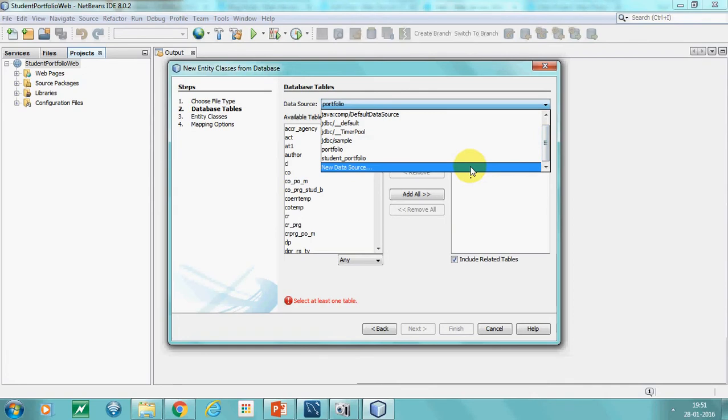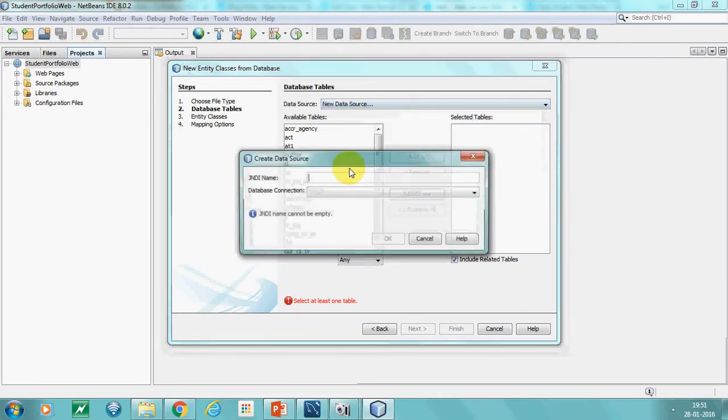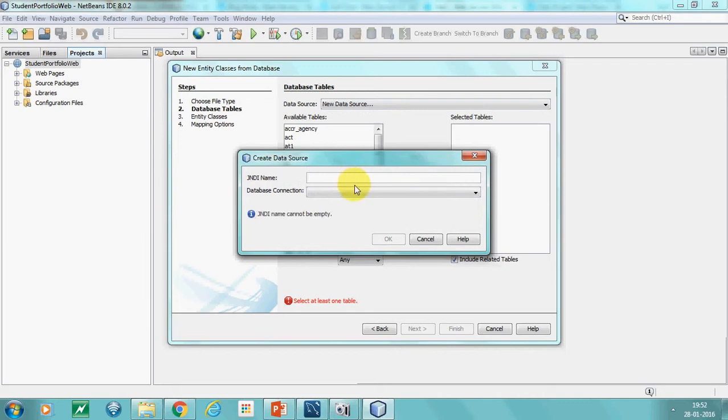Sorry, I think you need to create a new data source here. So I'll cancel that step. Let's roll back again. Okay, you're going to create a new data source. Because this is the first time we had a database connection ready, but the database connection may have various sources of data, various schemas. So we are going to select a new database source.